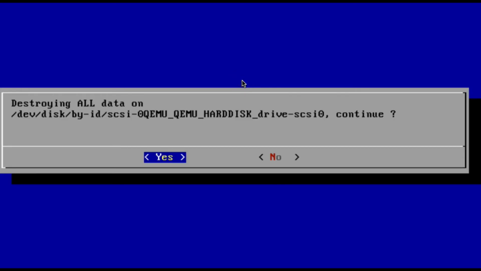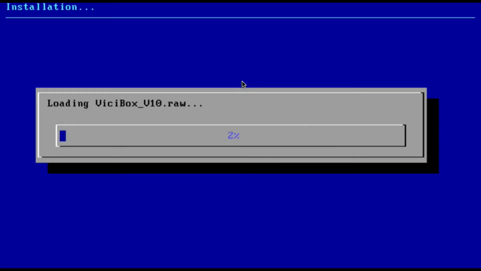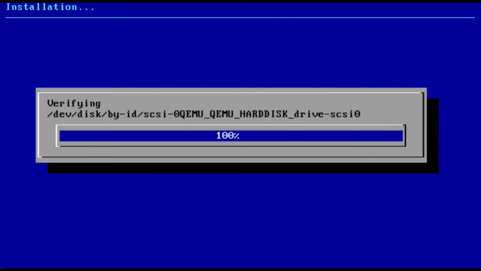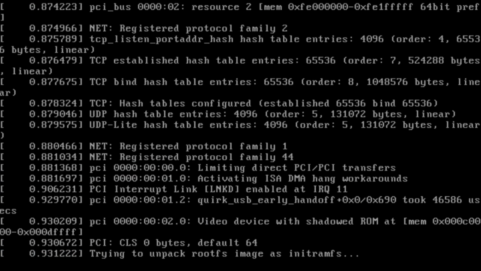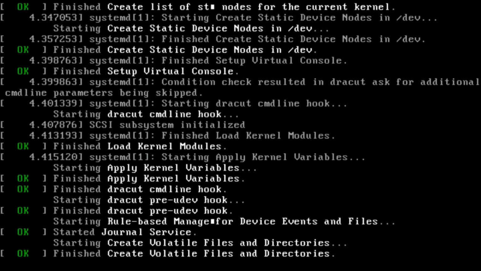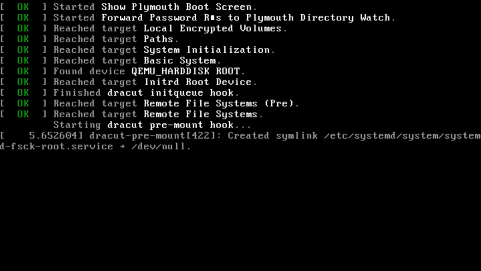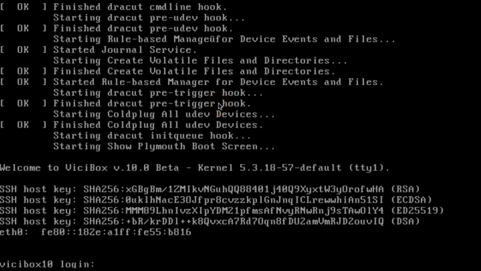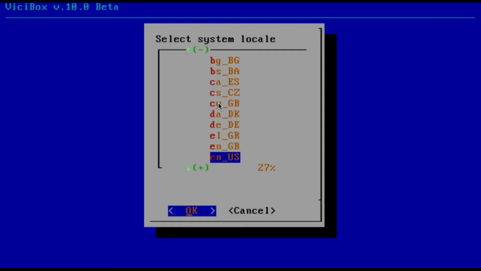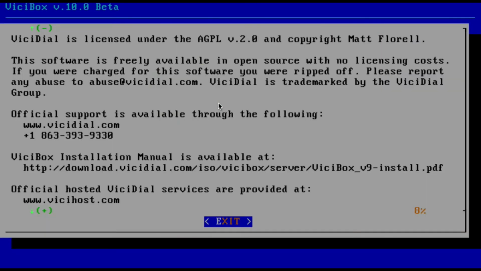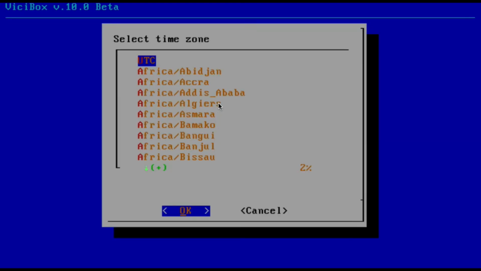Yes, we want to delete all the data. Login with username root and default password VICIDIAL. Select the locale, select the keyboard, accept the license, select the time zone,